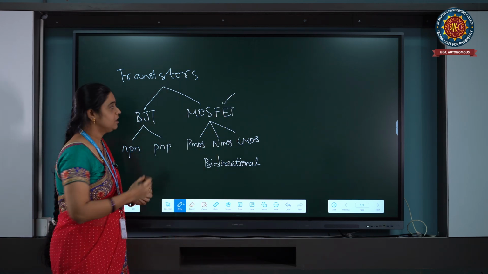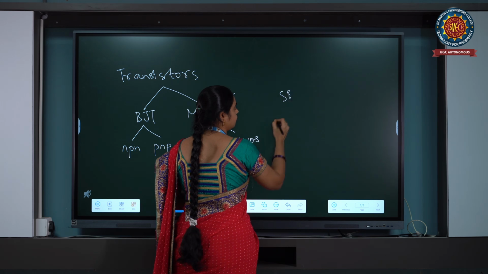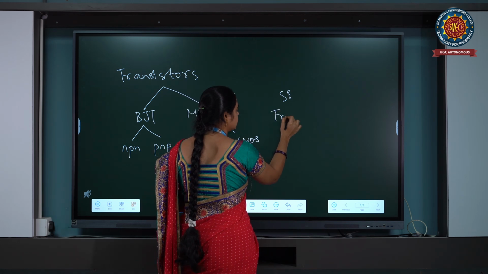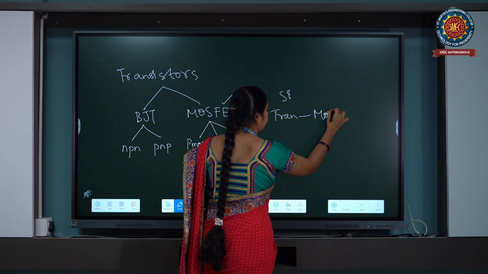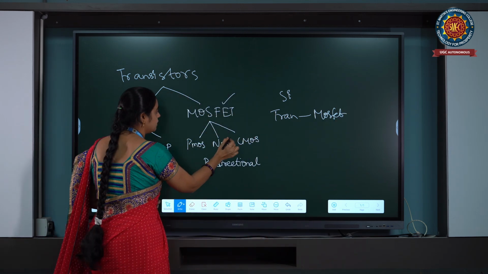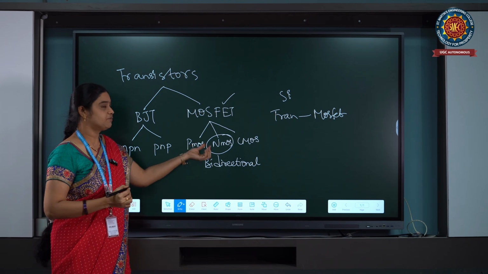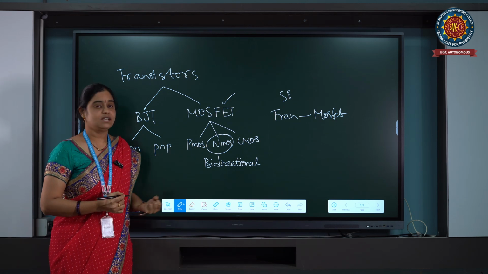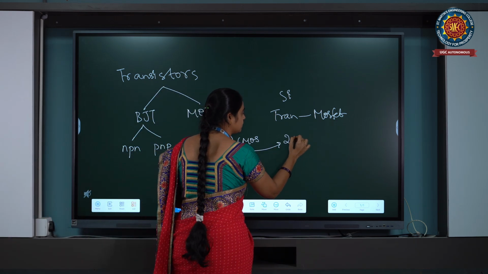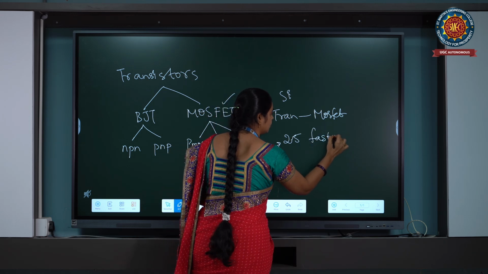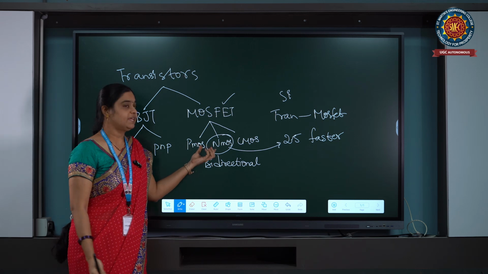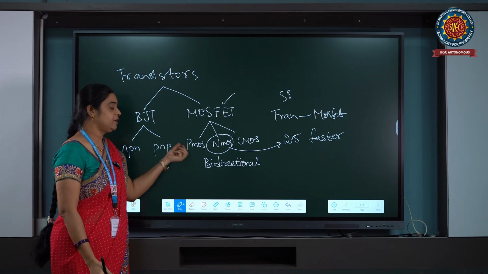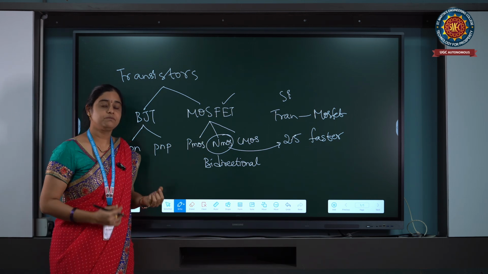Now summarizing the topic, we are considering silicon as a wafer for the IC manufacturing, and on the silicon when we are fabricating, we are considering the transistor as a MOSFET, and in the MOSFET we are considering NMOS for today's fabrication topic. Why are we considering NMOS? Compared to PMOS, NMOS transistors are 2.5 times faster. We all know that the majority carriers in NMOS are electrons. The majority carriers in PMOS are holes. So compared to holes, electrons can move 2.5 times faster.